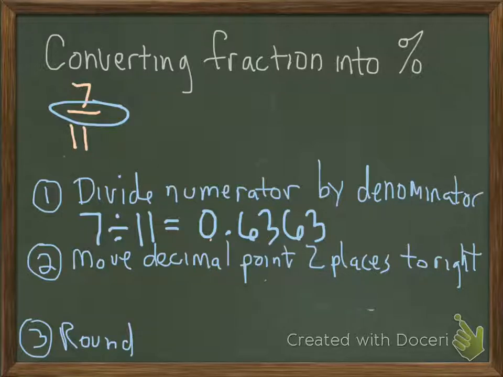But it's really important to know that what we just did was convert the fraction into a decimal. Okay, but now we want to make that decimal into a percentage. And in this second step, we move the decimal point 2 places to the right. So here it is, we go boop, boop, and we have